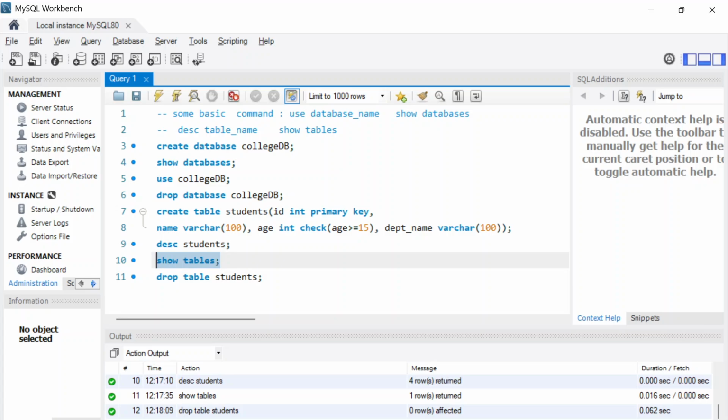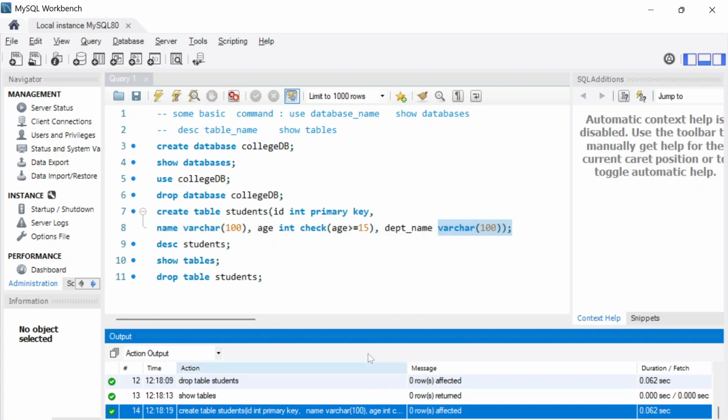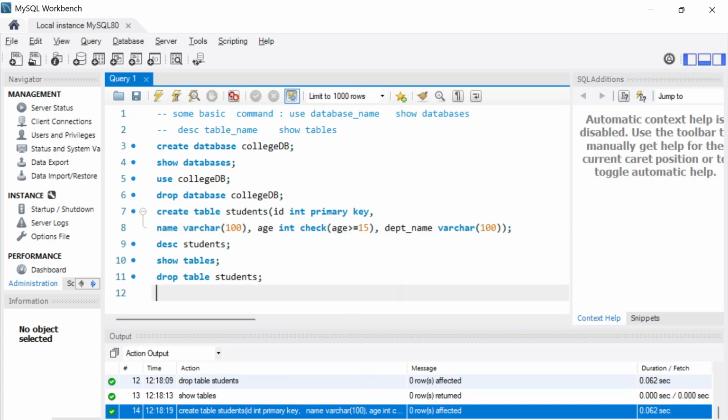When you enter show tables, you will not find any tables. So again, create the same table, just go and then Control-click. Here you can see that it has created your table. So after creating it, just